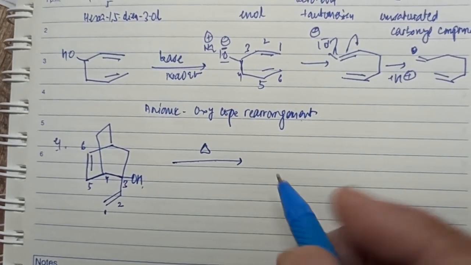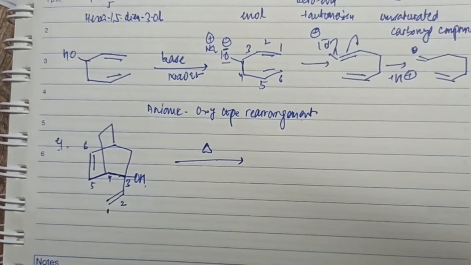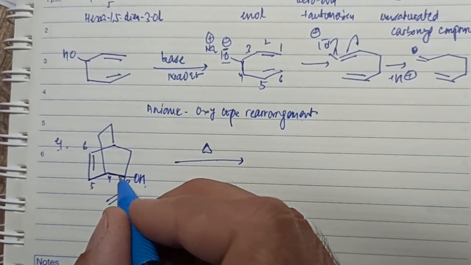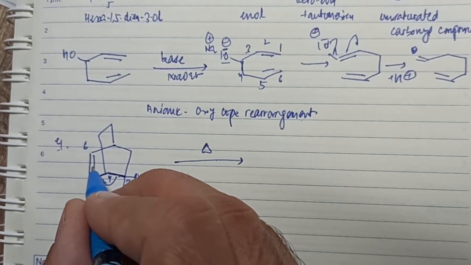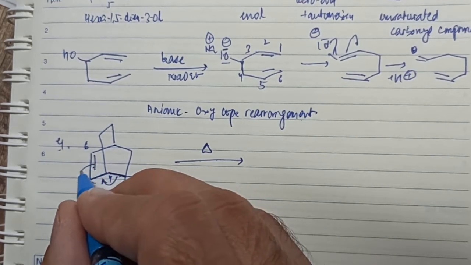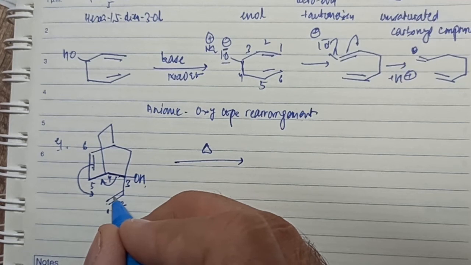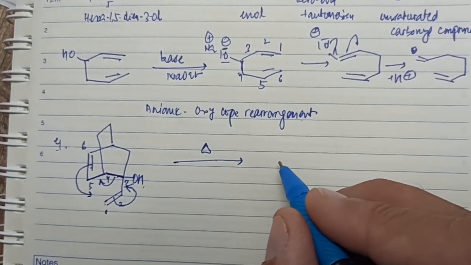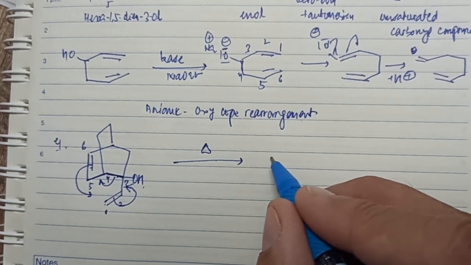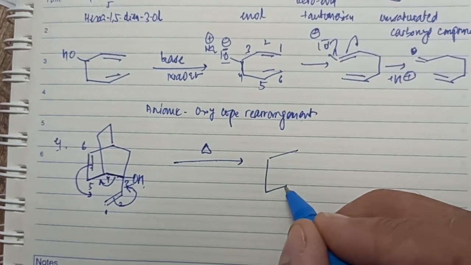The rearrangement is simple. There's a cleavage of the 3,4 bond, and you can move the arrows in any direction. You can move it in this direction. The 5,6 double bond breaks, and it forms a bond between atoms 1 and 6. The 1,2 double bond breaks and forms a bond between 2 and 3. So my product of this rearrangement should be, let's try to form this molecule.